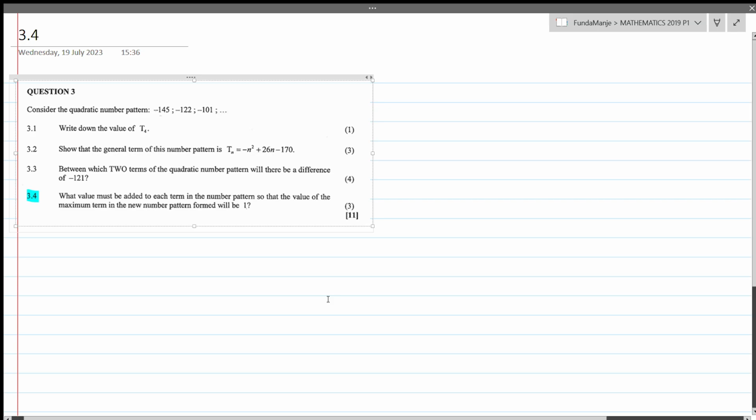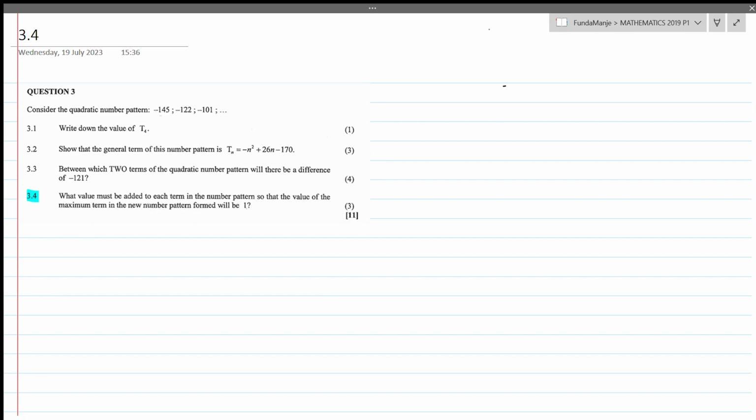3.4 says what value must be added to each term in the number pattern so that the value of the maximum term in the new number pattern formed will be 1. Now, in order to solve this question, it is necessary that you understand the similarity between quadratic number pattern and